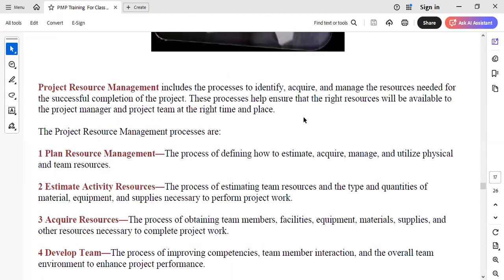So in this knowledge area, we want to talk about project resource management, which has to do with identifying, acquiring, and managing the resources needed for the successful completion of our project. And this process would help us to ensure the right resources will be available to,